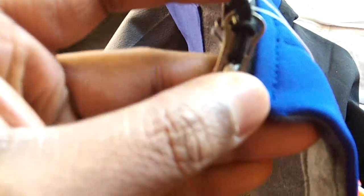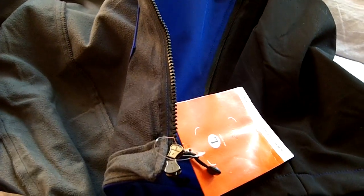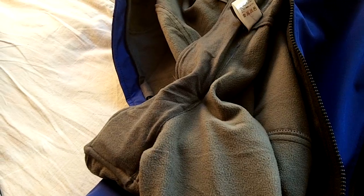Did it say YKK on this? It does not. The zipper quality is very good. The lining. So, yeah, I mean,